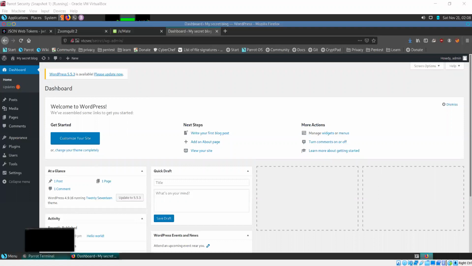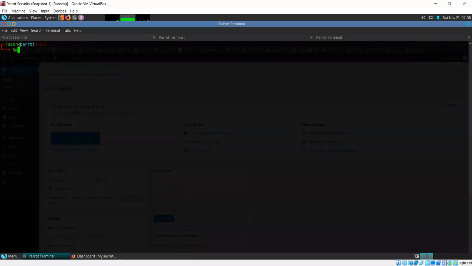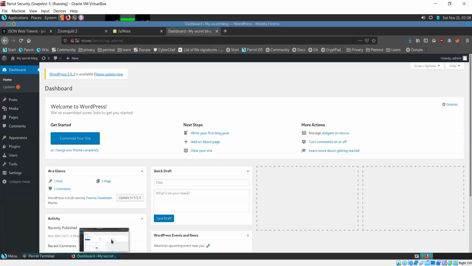Now, one way to go about this is to use Metasploit, and I'll also talk to you about the other way to do this.